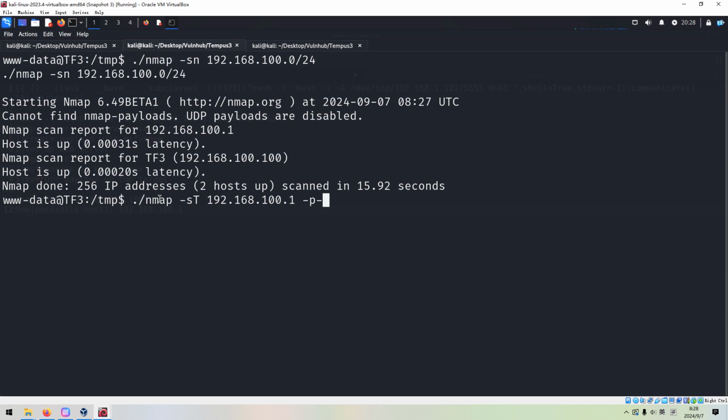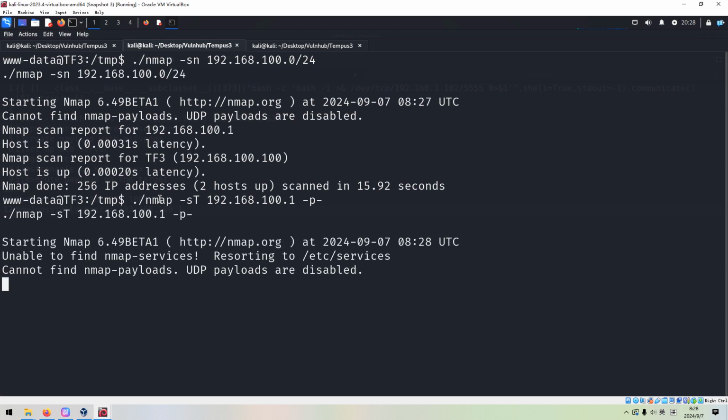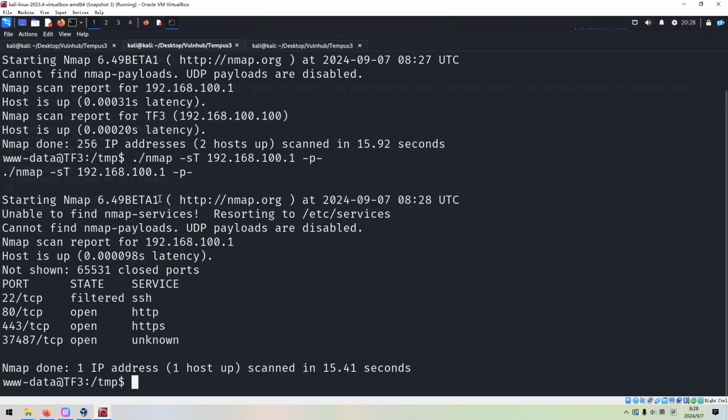And then we can press enter. Okay, so now I think this one we have already known this port number, right?